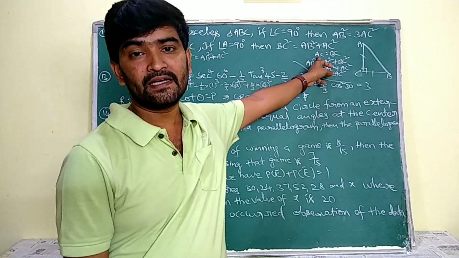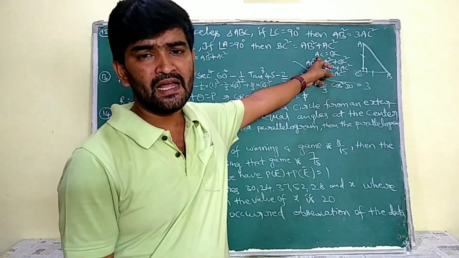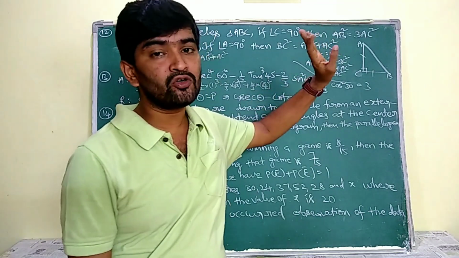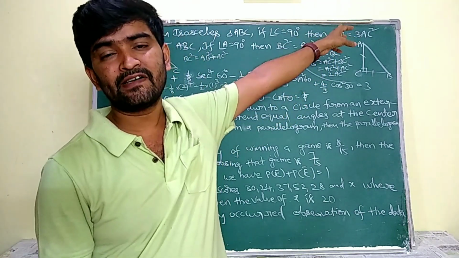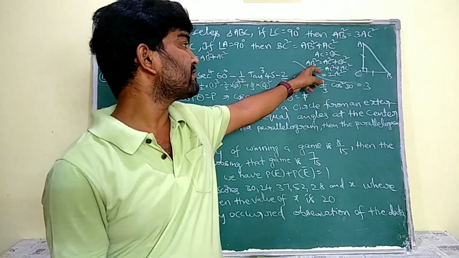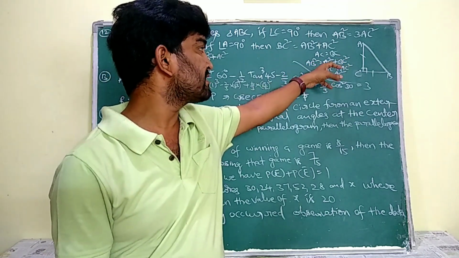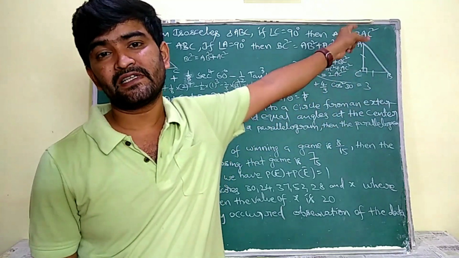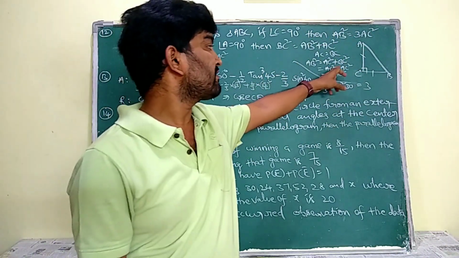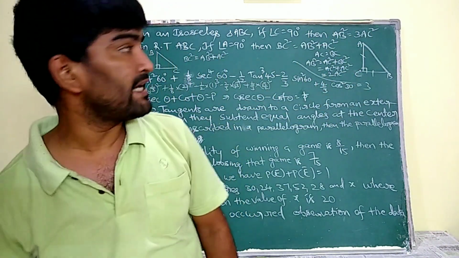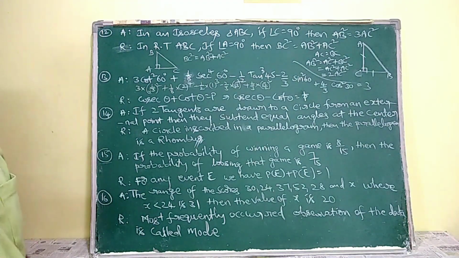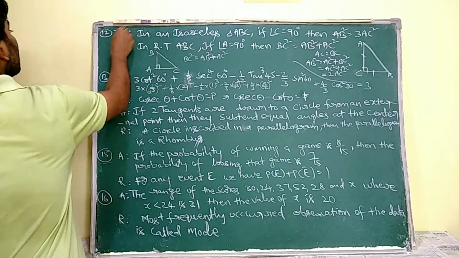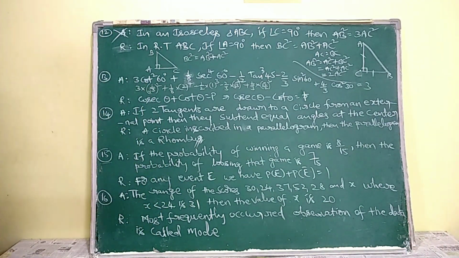That is why here I am going to clearly mention that AC is equal to BC to obtain the given condition. AB square is equal to AC square plus BC square. In the place of BC, I am going to write AC. Why? Because our answer is in terms of AC. So AC square plus AC square is 2 AC square. That means AB square is equal to 2 AC square. But here he gave 3 AC square. So the assertion is wrong.